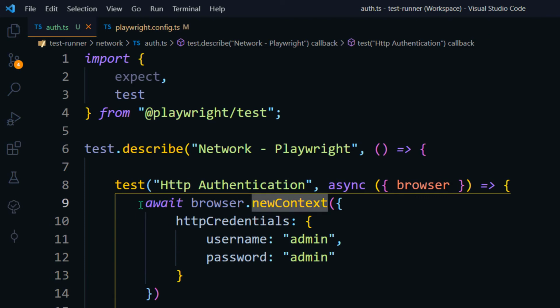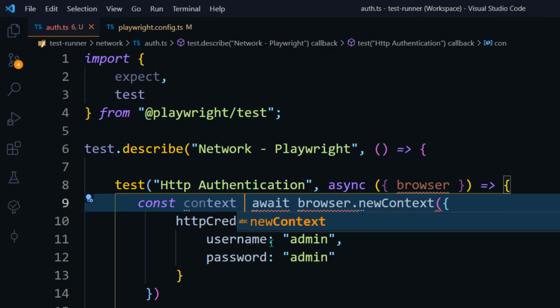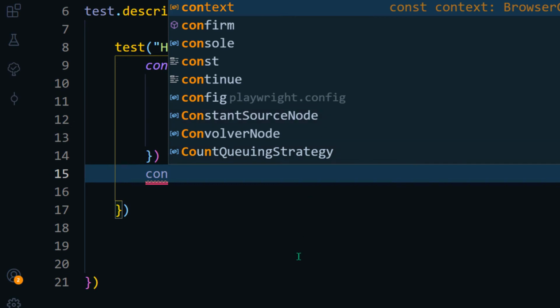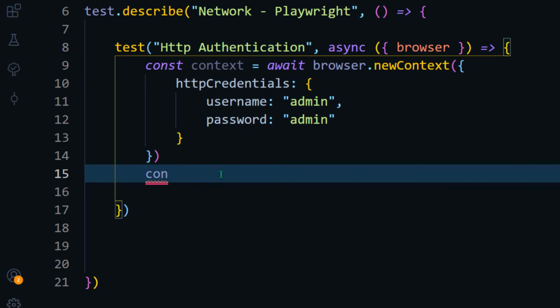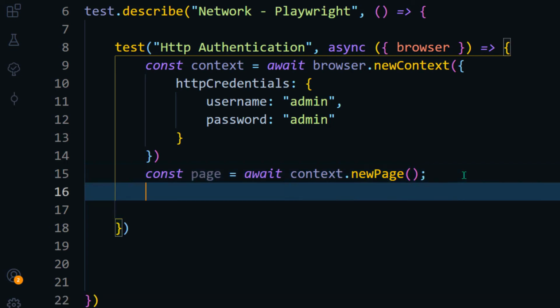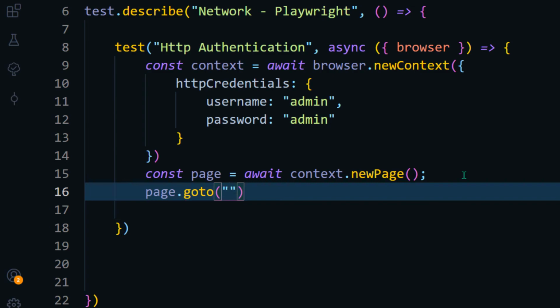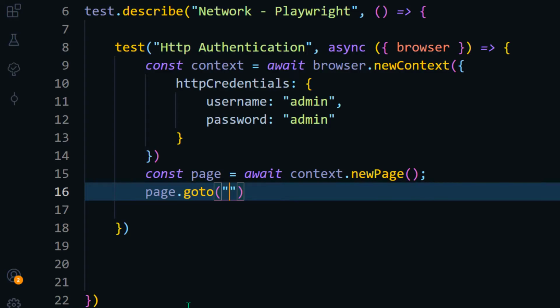Now based on this, it is going to give me another context, so I can store that here. So context, and based on the context we will create another page. It's very simple. I hope you remember, this is like creating a browser, and within the browser we are going to create a new tab. So context.newPage, and that's it. We'll store that, then we'll just load our URL, so page.goto, and we'll go to this website. We'll just copy this URL and provide it here.